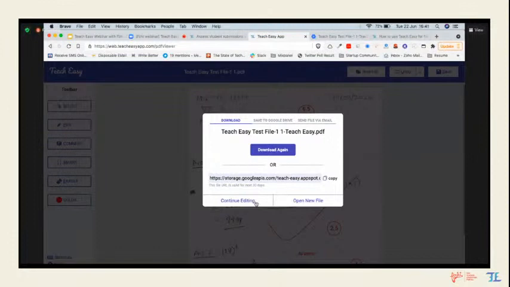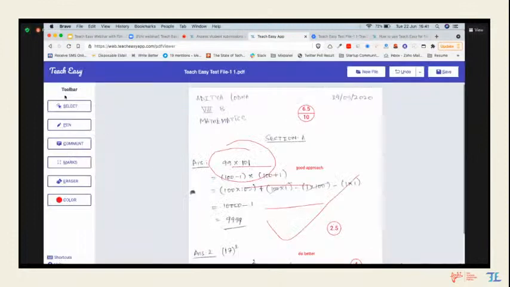So I'll revise again. There are all the tools that are available on the left side: pen tool, comments tool, marks tool. There is eraser. Again, if as a teacher you don't want to use red color, you can choose other colors from the color window and choose to do annotations using that color. Yeah, so this is what I have.